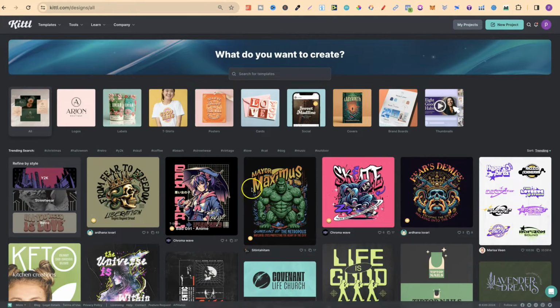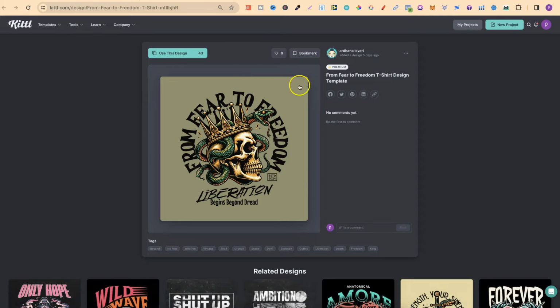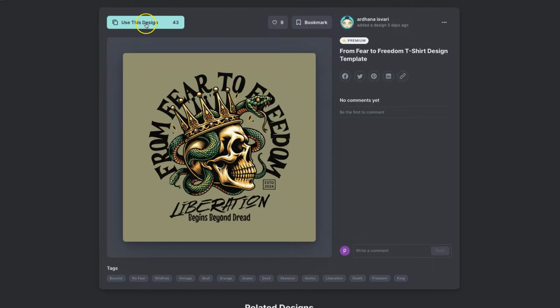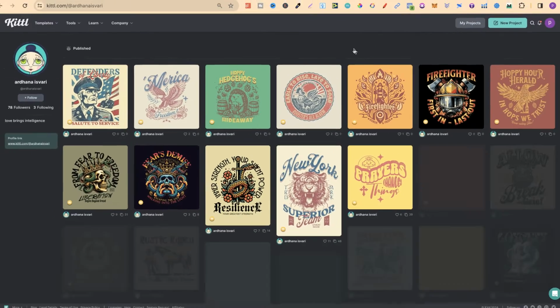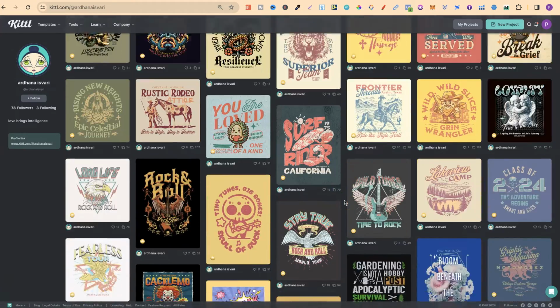If you find a template that you like, we can click on the profile underneath. Now, if we click on this and open it up in a new tab, it's going to show you the template. Now from here, we can actually use this design, or we can bookmark. But what we want to do is click on the profile just here. If we do that, it's going to go through to that person's profile and show you all of the templates